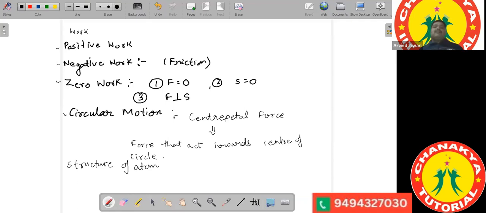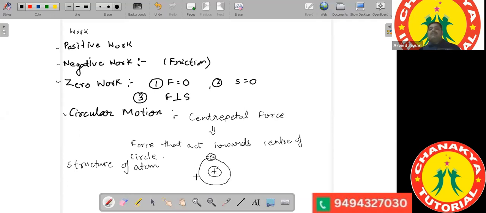Since the negatively charged electrons are revolving around this nucleus in circular orbits,